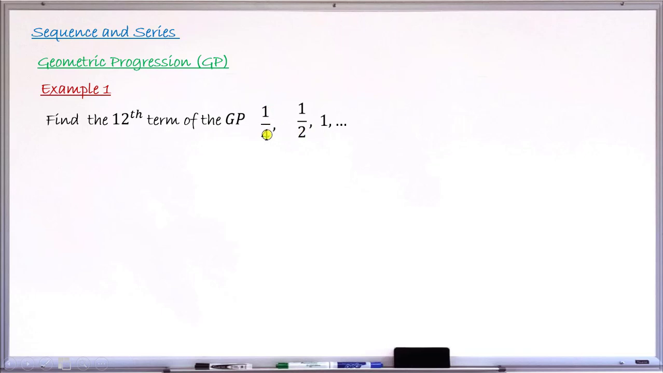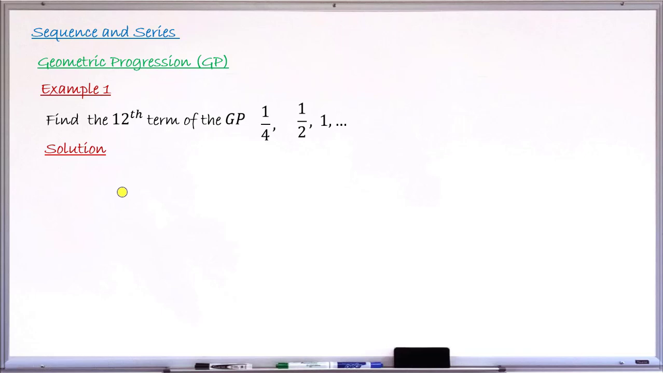You have 1 over 4, 1 over 2, 1. These are just the first 3 terms of the GP. We have to find the term number 12 of this very GP. Solution to this very problem, what we do first is to write down the formula for finding the term at any